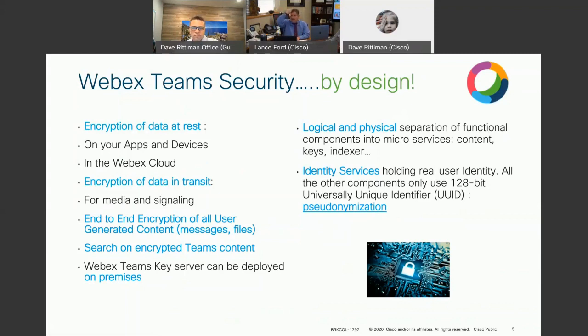One of the things I'm seeing here is that last bullet on the left, Webex Teams key server can be deployed on premises. Now, does that mean that even Cisco, if I do that, can't get into my data? You're correct. We can basically install a key server. That key server can be installed on premise. If something were to happen, there's no way for us to even get into it. It's on your own premise. You have to have logins, credentials to be able to get into that. But we have no way of seeing what's going on, where that data is, what's in that data store.